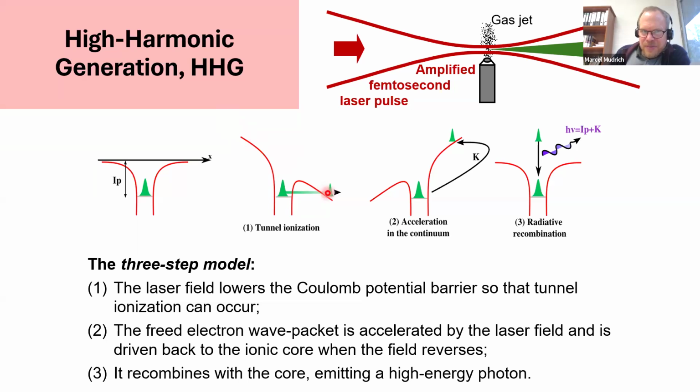So basically, we have a sum of a Coulomb potential well plus a linear potential from the laser field, which creates a finite barrier on the right-hand side in this case, such that the electron in the bound state can actually tunnel through this barrier out into the continuum and fly away from the atom